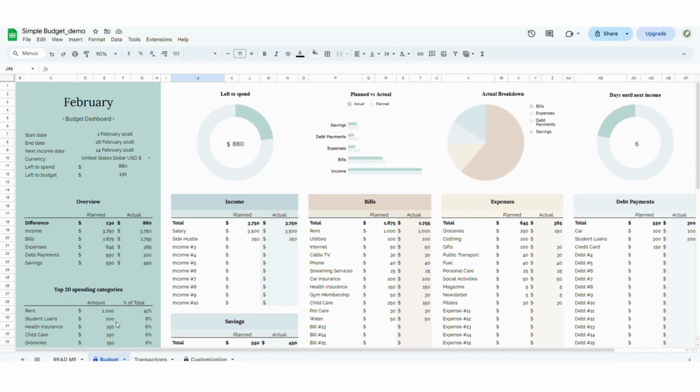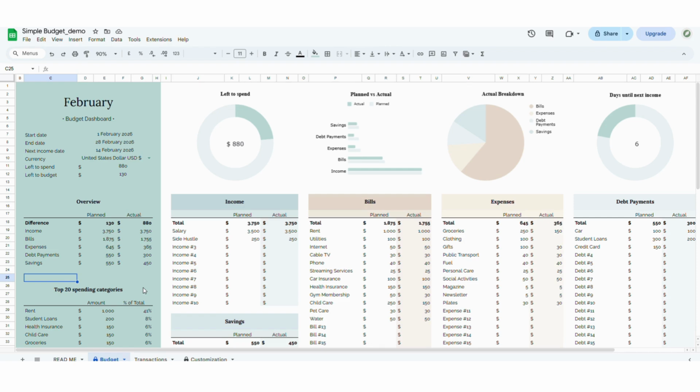If you're starting a new month and want to keep your previous budget view, you can simply duplicate the budget sheet by right-clicking on the tab and clicking Duplicate. When using the Excel version, right-click the tab, click Move or Copy, check Create a Copy, and click OK. This lets you keep a clean version for each month or budgeting period. You can also hide or delete sheets by right-clicking on the tab and clicking Hide or Delete. Keep in mind to not delete the original sheets, as formulas are linked to those sheets and will break when